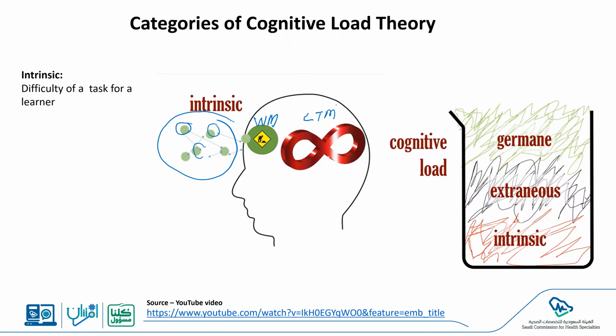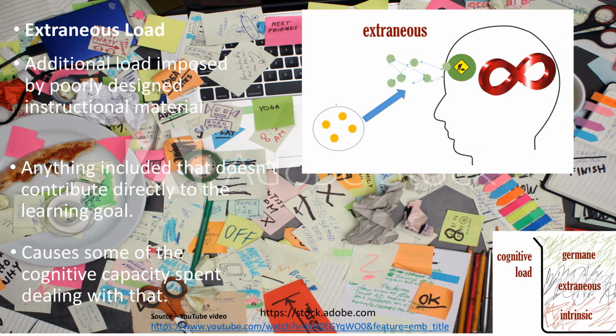The extraneous factor has to do with additional load or imposed information that is unnecessary. Like I have in the slide, I have an unnecessary background. You can't see the slide appropriately. So this is unnecessary information. It's anything that doesn't contribute directly to the learning goal. So if my learning goal is to teach you this, I shouldn't put this complicated background. It takes up some of the cognitive capacity when dealing with that